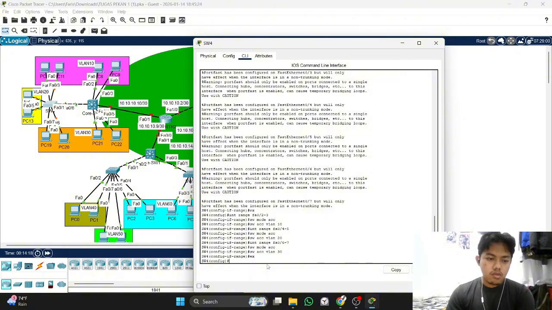Next, we will configure the trunk. The trunk interface is the interface between the switch and the MLS, or core switch 2.